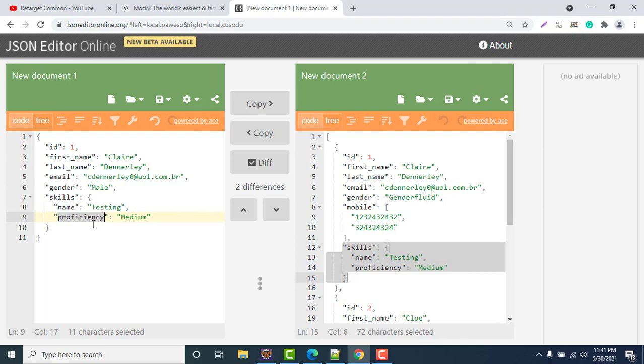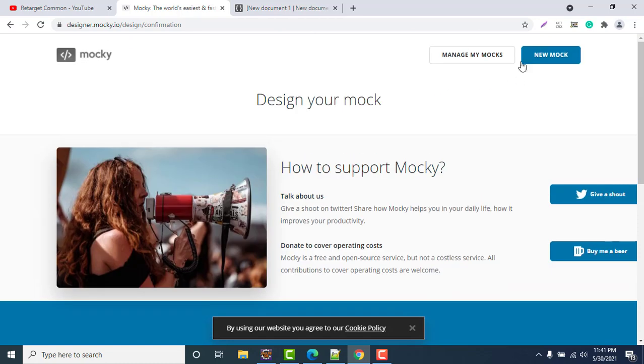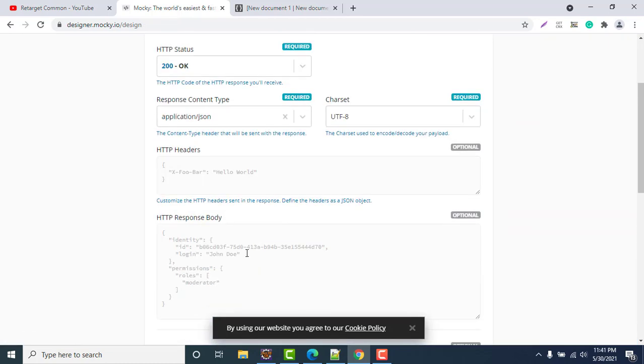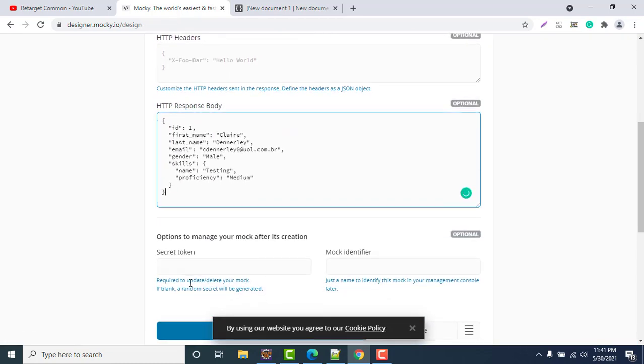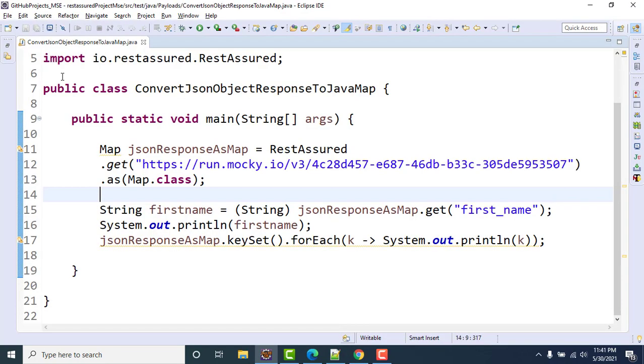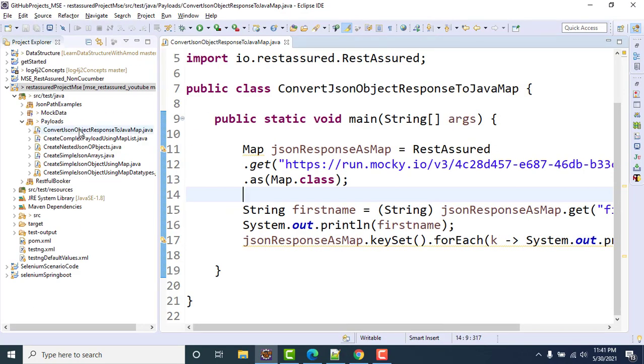What I'll do, I'll go here and generate a new mock. I will copy the response body here and generate it. And I will create a new class as well.